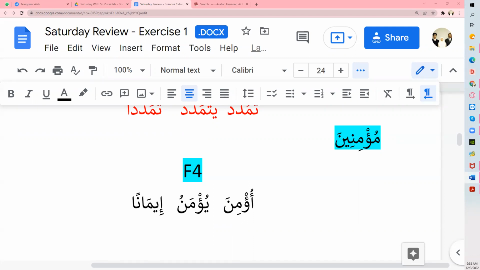Transitive is muta'addi, right? Ta'diyah. So that is for family 4. This one is good. So we have here at-ta'diyah, and what was the other one you said? You attribute a meaning to that person, right? I'm writing it just as you go along. So what do we call the one where you attribute something to someone?